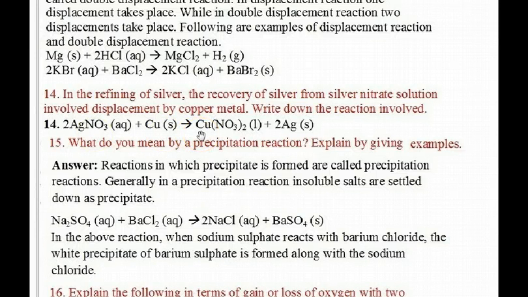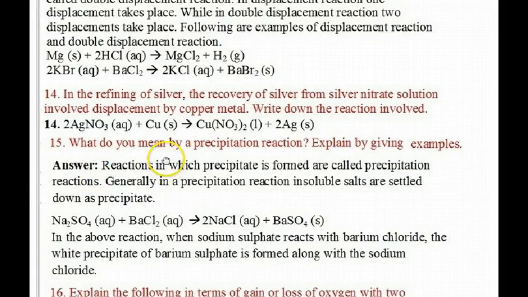Remember, the valency of copper is 2 and of nitrate is 1. So it becomes Cu(NO3) twice. As I keep telling you, you should not say it NO3 2. No, it is not 2, it is Cu(NO3) twice. Use this word twice. And if it is in liquid form, then of course write L over here, or we can also write aqueous, and silver is also formed, which is of course solid.